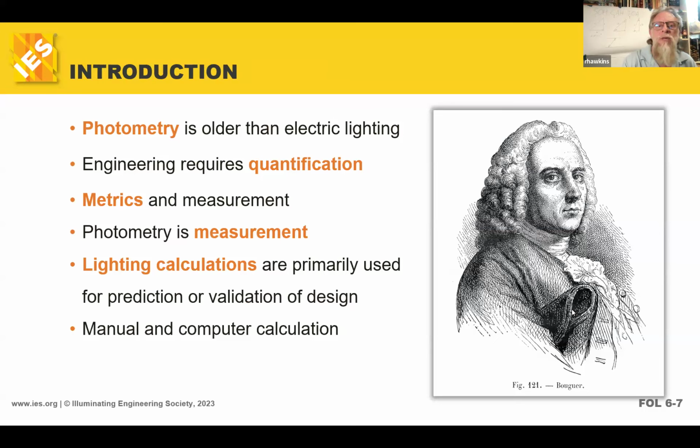So again, photometry, right? Light and metrics. So photometrics. What light then is a measurement of radiant power across the spectrum, right? But what we call light and what we call lumens and all that stuff has to do with how our eyeballs react to those various and sundry